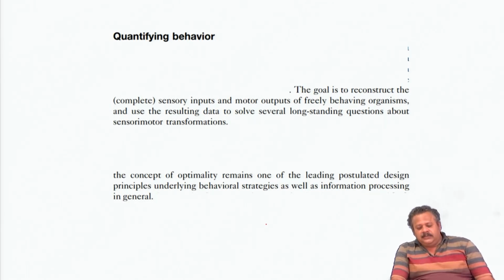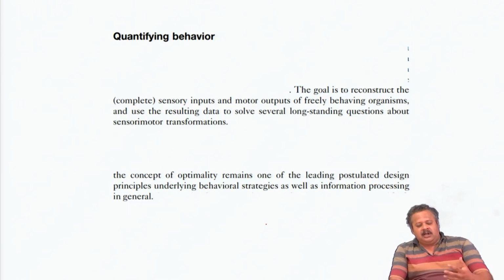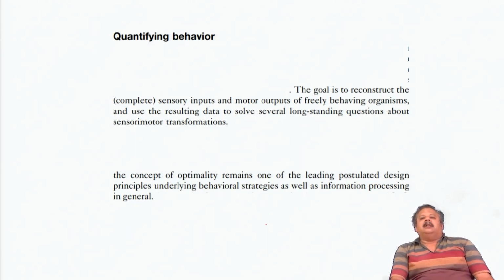And this also allows us to again apply theoretical principles in this transformation, as we have discussed in our encoding and decoding aspect, where we have looked at the emergence of receptive fields, we have looked at emergence of learning rules, and so on. Here also, through those principles, an overall behavioral strategy can emerge, or how this system should be designed. That kind of strategy can emerge based on these studies.